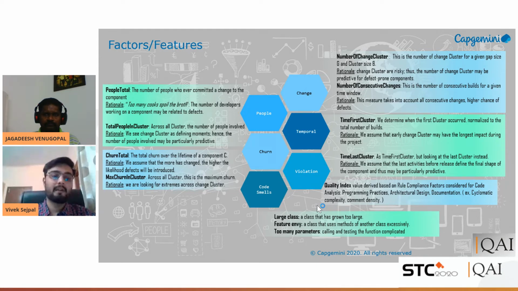Similarly, we can look at the people factors, like too many cooks spoil the broth. So if there are a lot of people, let's say 5 to 6 different developers, contributors who are contributing to a particular set of file components, that might introduce